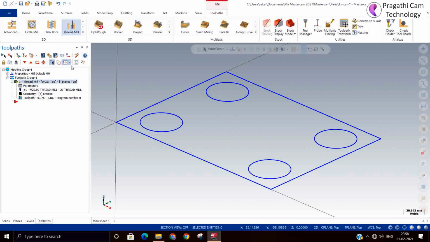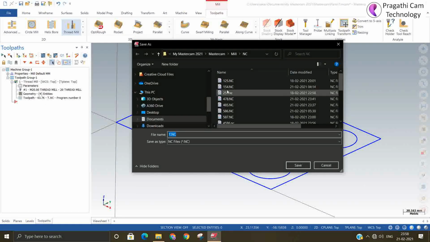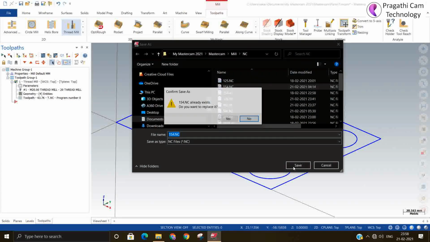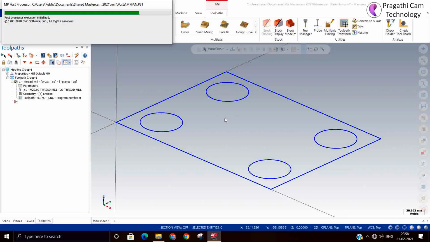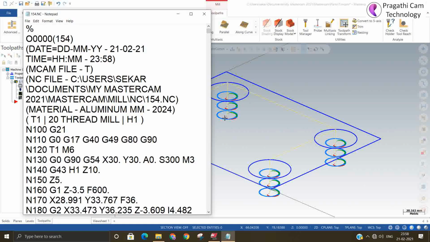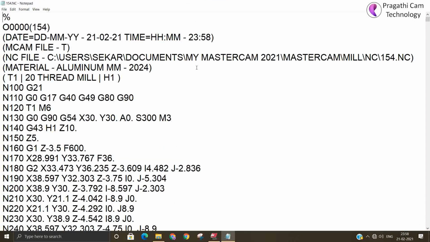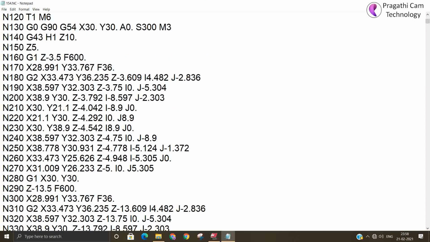Here the output is going to be very nice. It will give the output in XYZ continuous motion, helical motion. You can see here, it will continuously go on circular moves.